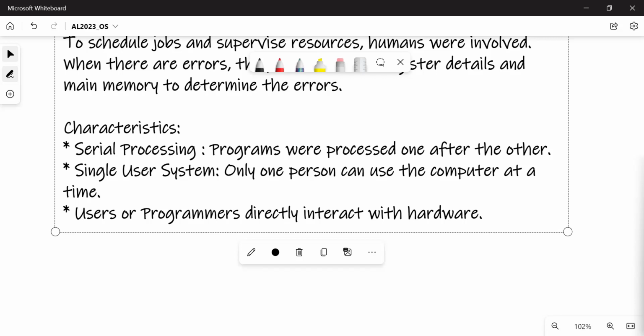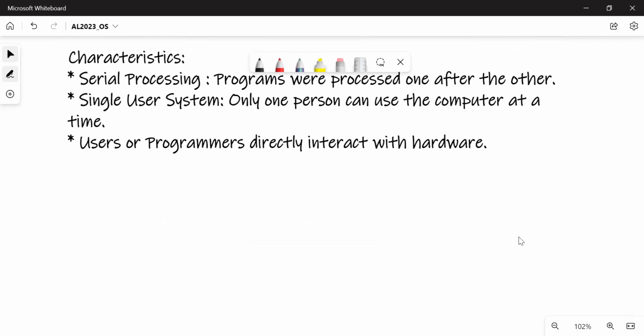People directly worked with the computers. Wiring cables, everything was done at the hardware level.